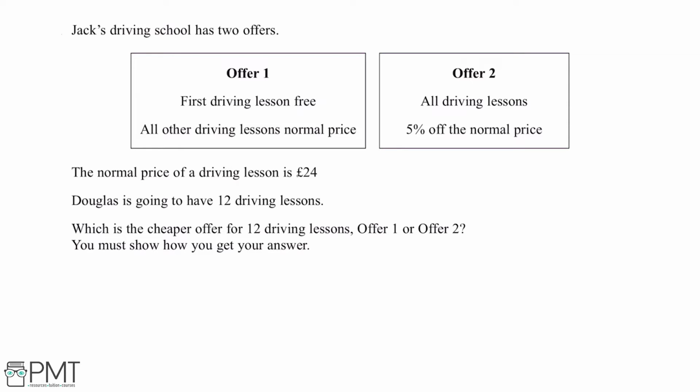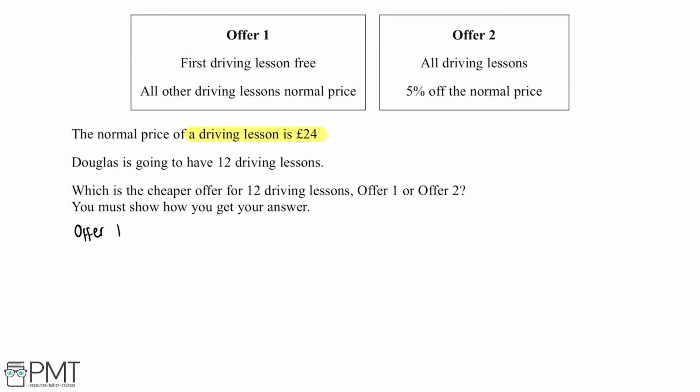So the first thing we'll need to know for this question is that the normal price of a driving lesson is £24. So if we start off with offer 1, if Douglas is going to have 12 driving lessons, but he'll get his first driving lesson free, then this means he'll only be paying for 11 lessons. So this will mean the price of his 12 driving lessons will be 11 multiplied by 24. And this gives us an answer of